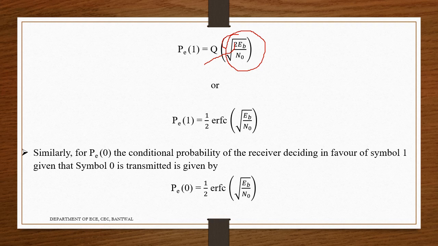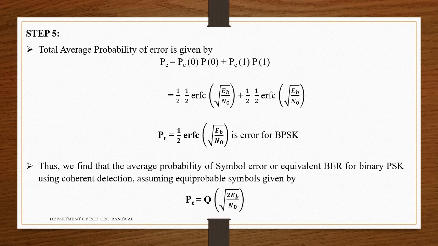But you need to remember how this has occurred. This is nothing but the limit we have taken, minus infinity to square root of 2Eb by N naught, right? That limit, and it should be in the form of e raised to minus y square divided by 2. In general terms, I can take that limit as the probability of error here. Now in step 5, it is the same thing I told. The probability is either 1 or 0, so 50 percent of 1, that is what I have given here, and the probability of error is the same as what I have derived here.